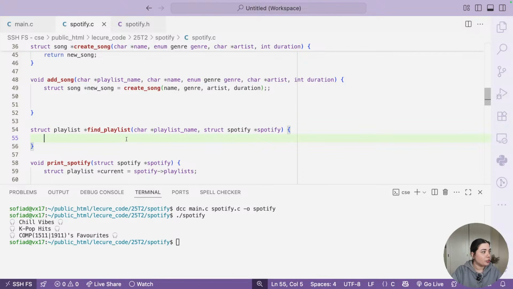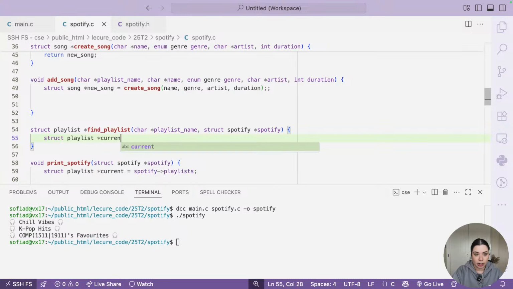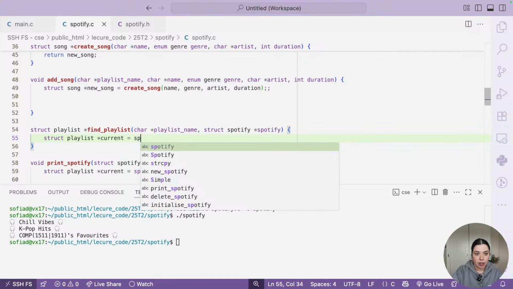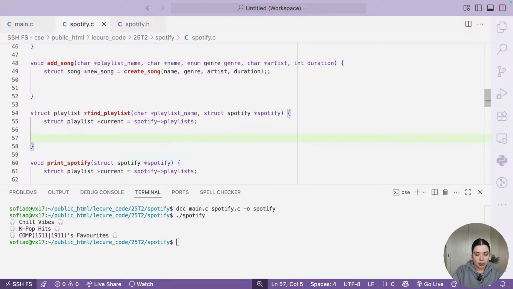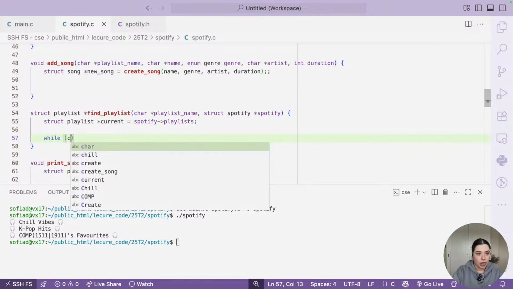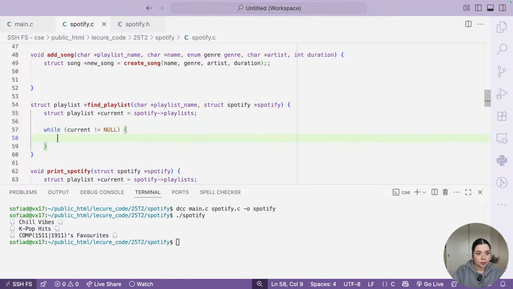So we're going to want to traverse our list and use string compare to find the node in the list. So let's create a current pointer. So struct playlist current is going to equal the first playlist in our lists. And let's go, while current does not equal to null, we want to check if we're pointing to the node